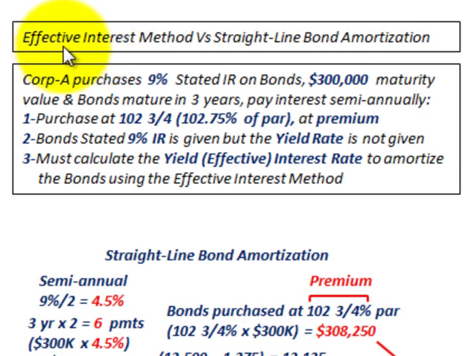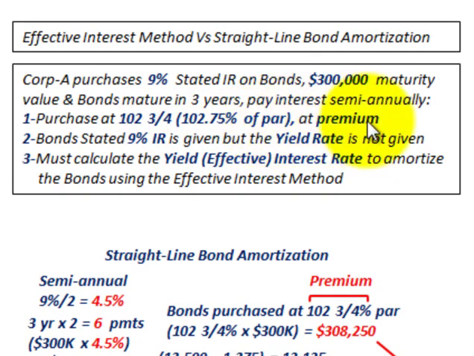What we're going to be going over here is the effective interest method versus straight line bond amortization. For example here, Corporation A purchases a 9% bond, that's the stated rate of interest on the bonds, for $300,000. That's the maturity value of the bonds, and they mature in 3 years, and they pay interest semi-annually. Now they were purchased at 102 3/4 or